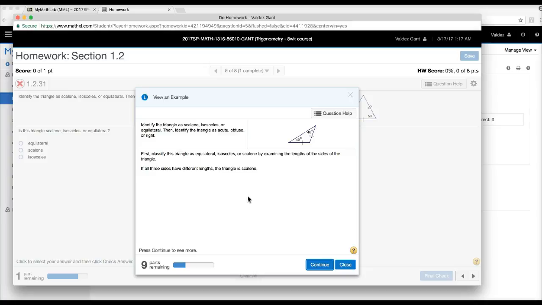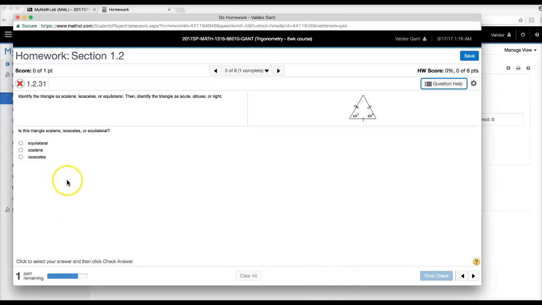Let me go ahead and try to do the rest of the problem. At this point, if I read this, the triangle is scalene, then I'm like, okay, if all three sides of the triangle are scalene, then it says if two sides are exactly the same, it's isosceles, and if all three are the same, then it's going to be equilateral. So once I know that, I think I'm going to try to answer the first question. So I would go to close, try to answer the first question, and then after that, I would